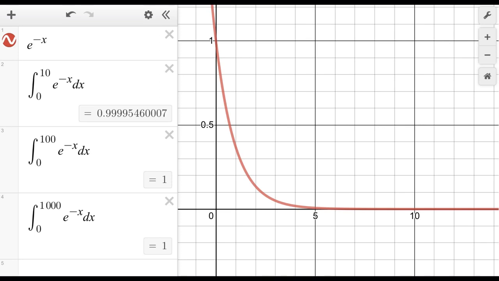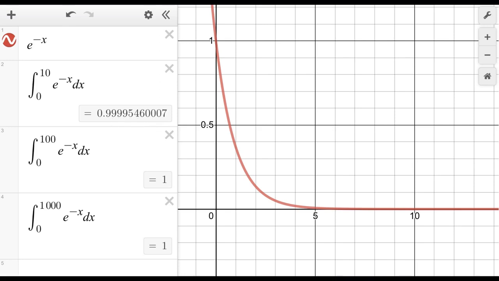This is a graph and some examples here for that particular function that we just did, where we have the function being f of x equals e to the negative x. This is our graph for that. We can see the horizontal asymptote at 0. And then I went ahead and evaluated some of these integrals. Remember, we're doing an integral from 0 to infinity. Well, I just plugged in some numbers so that we can actually evaluate some of these, showing an increasing value for the upper limit. So the integral from 0 to 10 comes out to